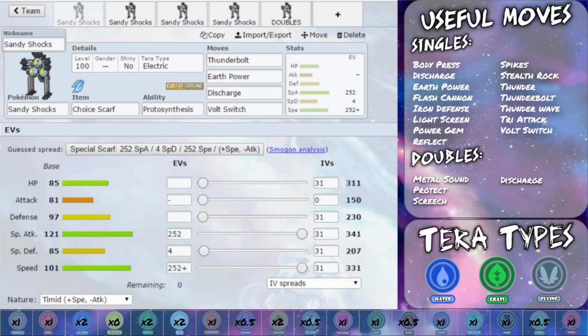Funnily enough I thought it was called Sandy Socks in the beginning because it had legs and I didn't see the H. But yeah, this thing is actually a really cool mon and I really like it. I know a lot of people really don't like it, but in terms of its capabilities it has got some bulk, natural like okay bulk. It's got a really high special attack stat at base 121 and base 101 speed means that it can outspeed